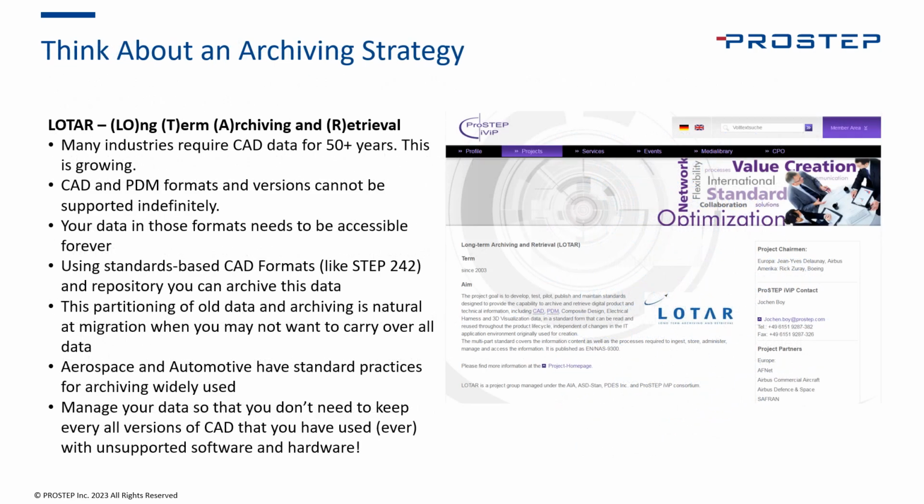One thing that normally is not approached within migration, but should be considered, is an alternative archiving strategy. Do you want to modernize all your CAD data and fix all of that, and then need to re-modernize that in another 20 years when you're going through this process again, and maybe don't have the hardware and software to support that? Or alternatively, if you need to keep the data around, you can transform it to a STEP 242 format, and then use an offline repository that enables that data to be used within a system in the future that doesn't need legacy hardware and software support, and doesn't need transformation into one proprietary format